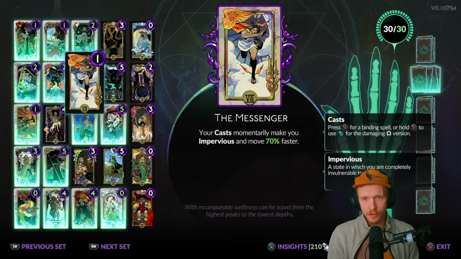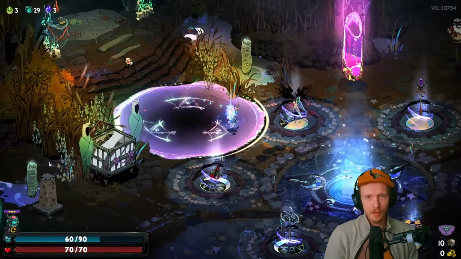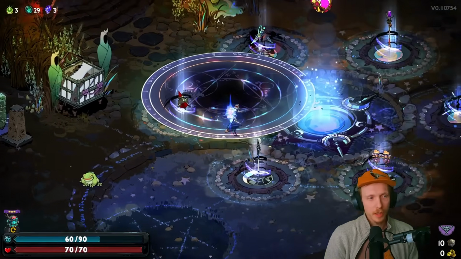The Messenger is the other new one. This replaced a 5% dodge chance for 1 grasp. This is more interesting. I don't know if it's actually better, though, truth be told. Your casts momentarily make you impervious and move 70% faster. What does it mean by move 70% faster? As you're dropping your cast, you get a tiny move speed boost. It's not tiny, actually. You get a very brief